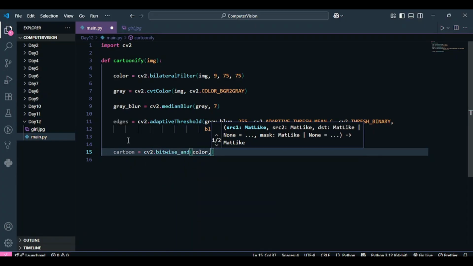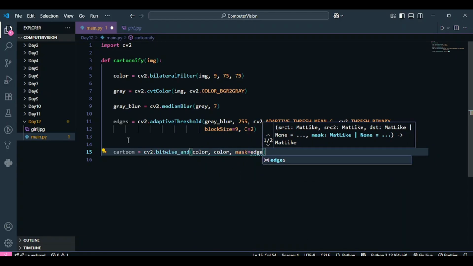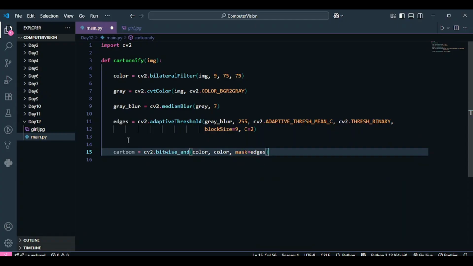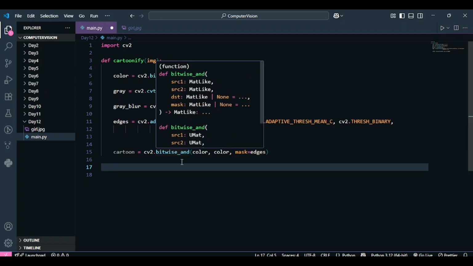I am going to combine my colored image, and I'm going to apply a mask on it, and that mask is going to be my edges. You can just think of it like it will combine the two things together. All the edges are going to become black so that it gives you a cartoony effect, and the rest of the image will be the smoothed out or flattened image that you were trying to produce.